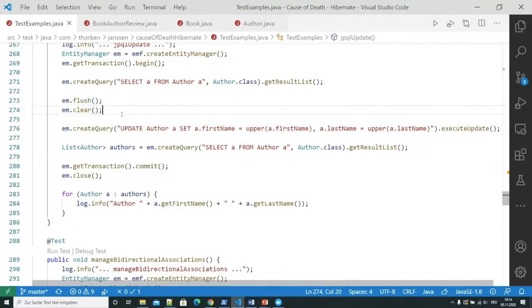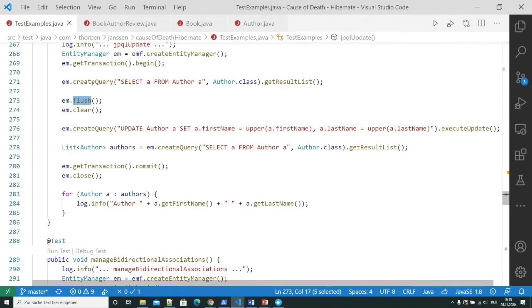You can avoid that by calling clear on your entity manager. That removes all the objects from the persistence context. But before you do that, please always, and I mean absolutely always, perform a flush. Because if you tell Hibernate to clear the persistence context, Hibernate does exactly that. It removes all references to managed entity objects. None of them will be managed afterwards. And it doesn't check if any of these entity objects are dirty, which means it doesn't check if you performed any changes on these entity objects.